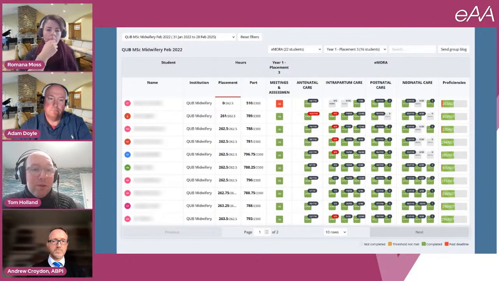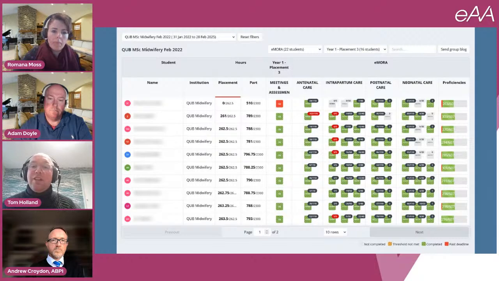So this is an example of being able to see, we can very clearly see here that the top student hasn't actually engaged as much as they need to on this particular placement. A meeting that should have gone ahead hasn't done, so we've seen one of the blocks turning red. Whereas with some of the other